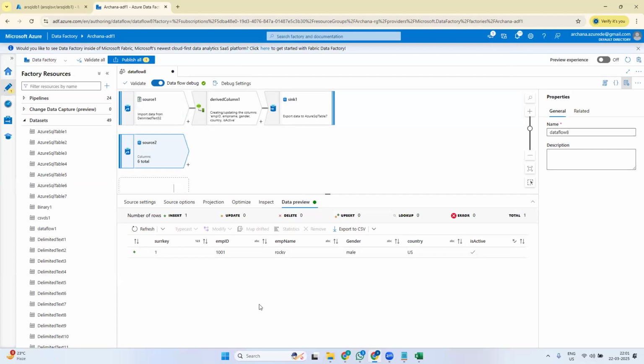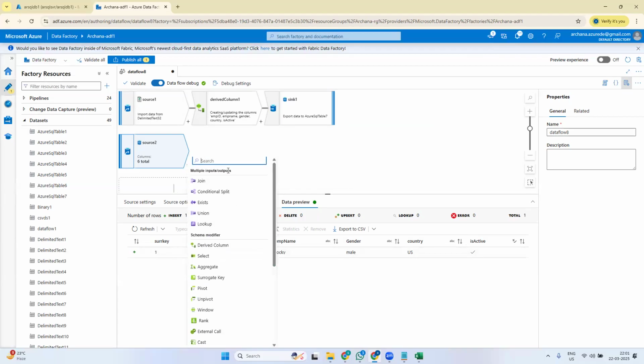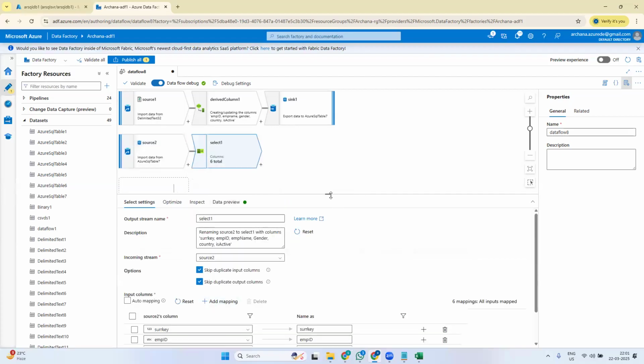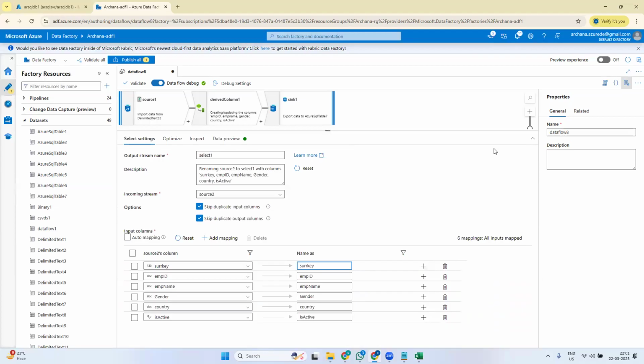So first, before the lookup, I'll have the same column names, right? To avoid the confusion, I'll rename my column names from this source. For that, I'll add a select transformation to rename my column names here. Okay, so what I'll rename this as